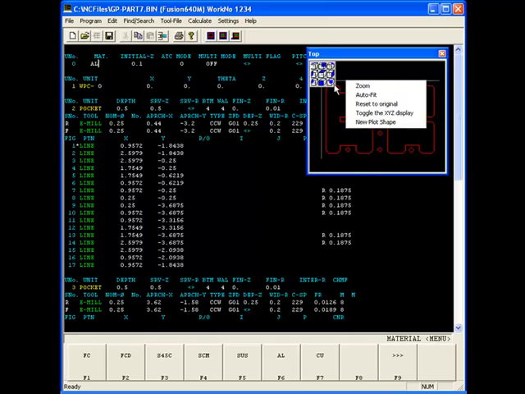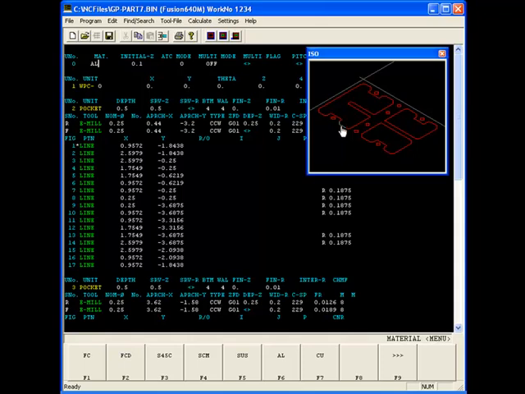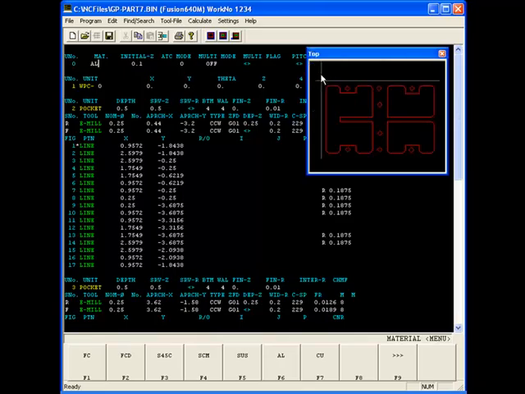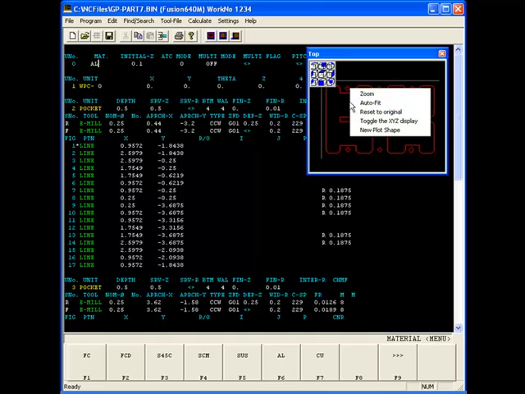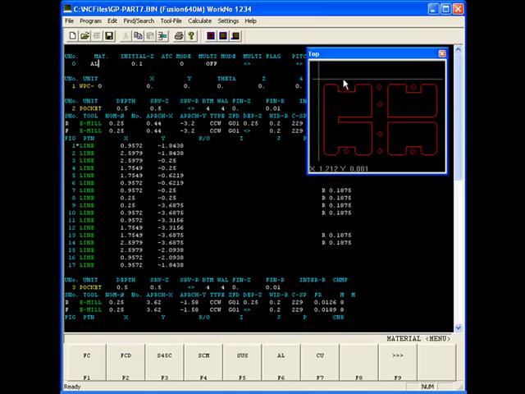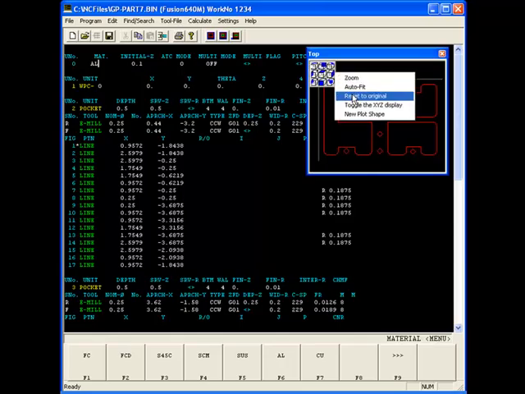Let's say I want to look at it from an isometric view. You could also do top, front, side, etc. That little box pops up the first time that you open the plot view, and then it disappears to get out of the way. If you want to switch that view, right-click on the mouse, a menu shows up, and you can pick from that again. There's also other items that show up on the right-click menu, such as zoom, auto-fit, reset to original, etc. So if I go to that view and then I want to reset to the original, it goes back to where it was originally.